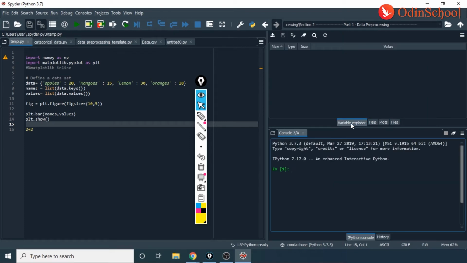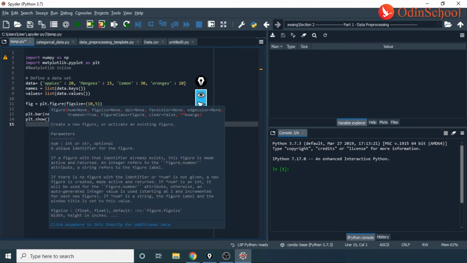Now I'll go to variable explorer, and even this is cleared here. So all what we worked on is gone. Now I can delete this, and we are done with it. So this is a basic variant of how we work on Spyder, guys. Now, this is the first thing that I wanted to talk about, but there are also some other important things that I would want to show.